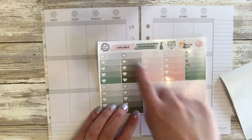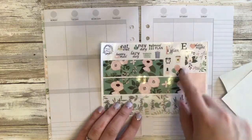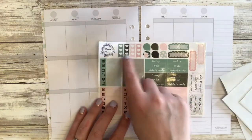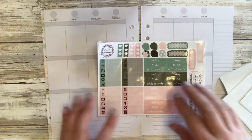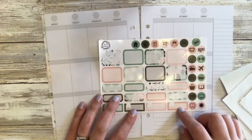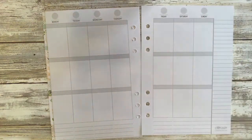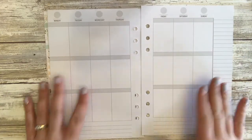Heart checklist, sidebar, canceled, rescheduled, and some more functional washi strips, bottom washi, date covers, 3 heart checklists, teardrops, scallop box, headers, little things, sidebar headers, half boxes, quarter boxes, flag quarter boxes, and icons. Ooh. So I am so excited to be using this kit, but before we start, I want to show you